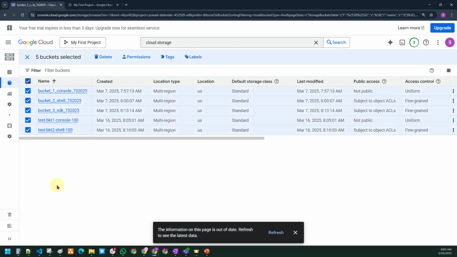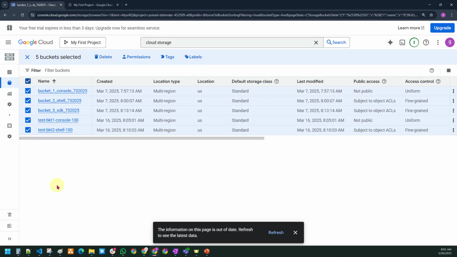So something you are able to achieve using the console, we should also be able to achieve using the Cloud Shell. All the things which you are able to do in the console, you can also do in the Cloud Shell. But the only thing is that in the console you don't need to write any code, but in the Cloud Shell you have to write a specific command for that, which sometimes you have to remember. But when you keep on using the same thing, it will be remembered for a lifetime.